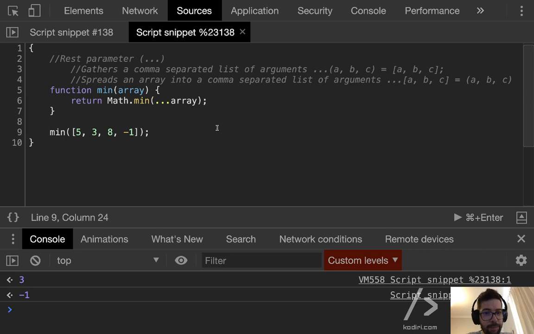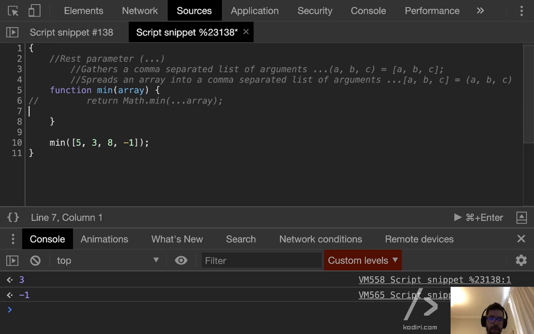Yeah, I think that's pretty cool, right? I mean, without the spread operator, it would be much more difficult to deal with these operations. We would need to loop. Without using Math.min and without using the spread operator in this particular case, we would have to do let minValue equals,